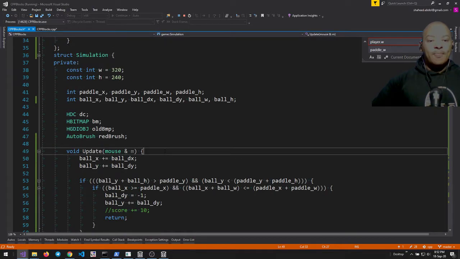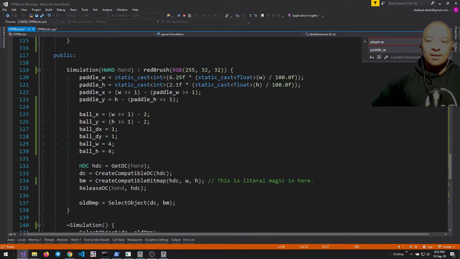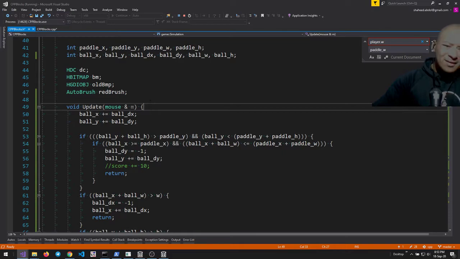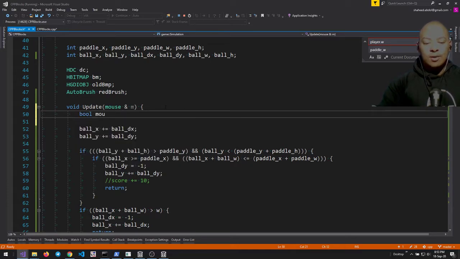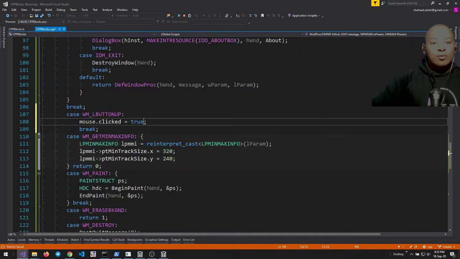So I'm assuming we'll just handle this update here. This update thing will just, like, if the game state is something different, then clicked will start the game, something. But bool mouse click equals m dot get and clear click. That's how we get that, right? We're not going to use mouse clicked right now, but that's how you get it. So we have a way to get the mouse clicked, and more importantly,